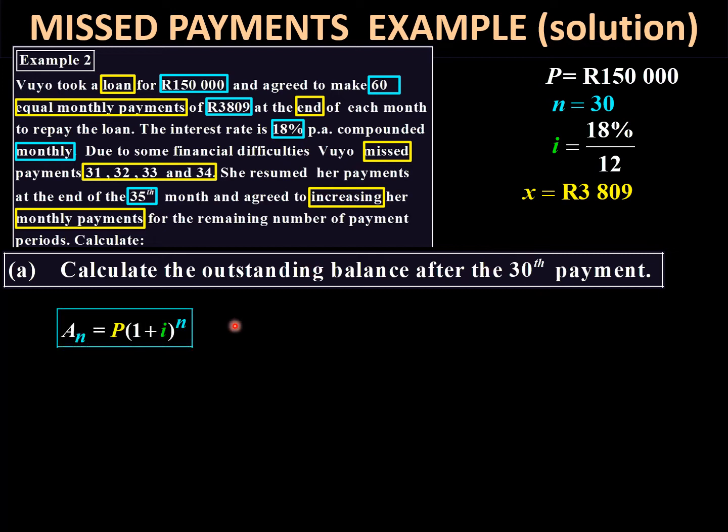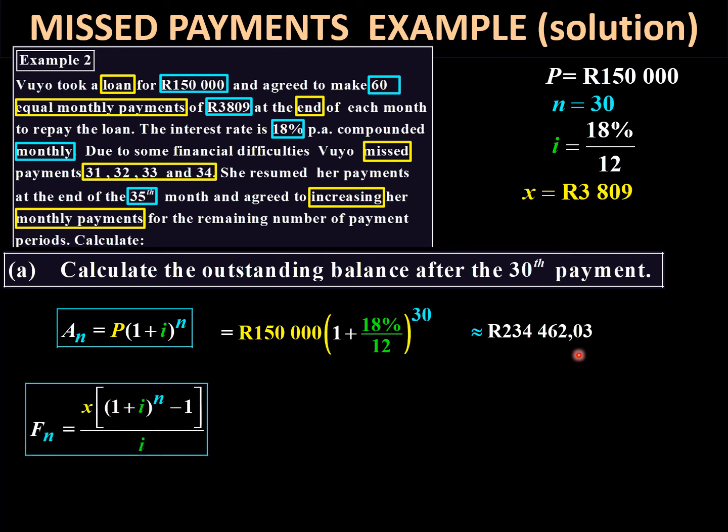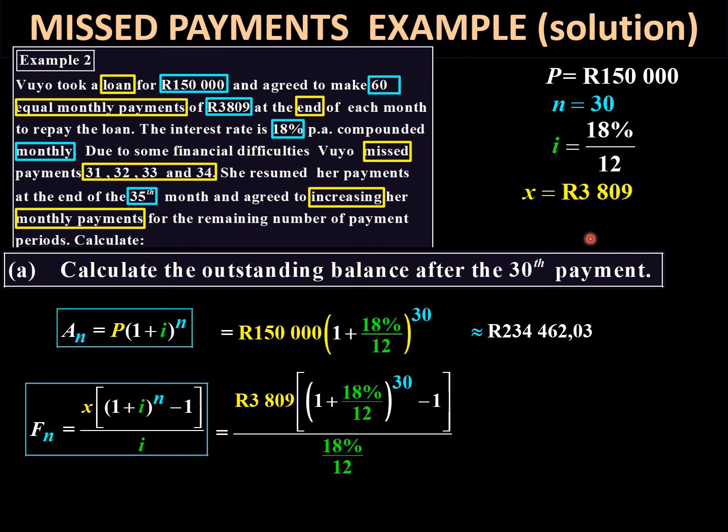So first of all, we have to get the growth of the money. So the growth of the 150,000, that grows, and it's for 30 payments, so that's 30. So that 150,000, the growth there was 234,462 Rand and 3 cents. Then we want to see what is the future value of all these payments of 3,809 that she has made, right? And also for 30. So we substitute that in the future value formula. And there we have the value,